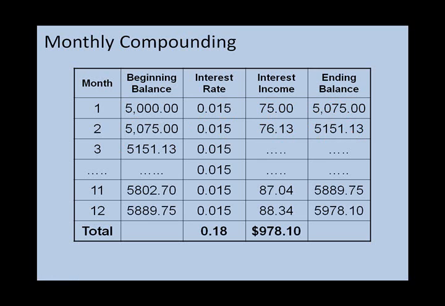And what we find is that our interest payments are no longer $900, but $978.10. With monthly compounding, we have paid more in interest than we would with annual compounding. And yet the APR, the annual percentage rate, was the same. That is why it's very important to check whether things are compounded annually, quarterly, monthly, weekly or daily. That way you can work out what's happening and what the true rate of interest is.